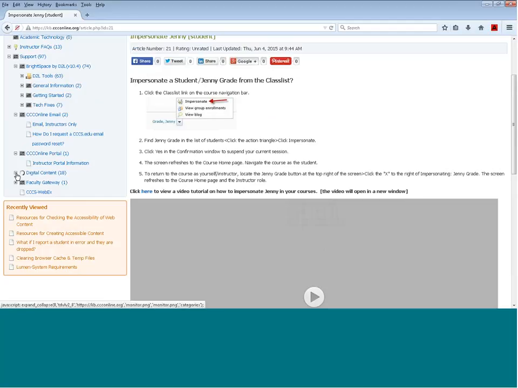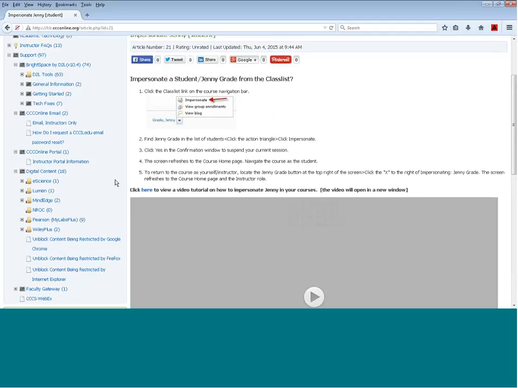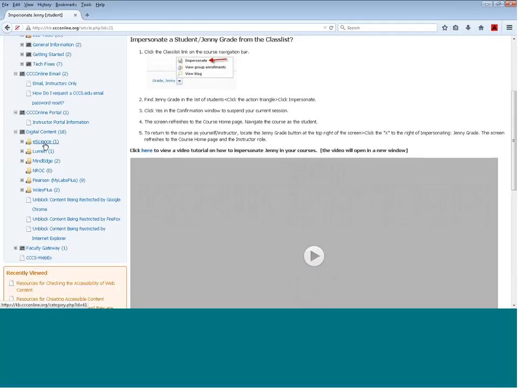One of the areas that I spend a lot of my time on recently is our digital content areas. If you didn't know about the KB, you wouldn't have known, but we've started a folder for each type of vendor that we have, and there's specific information in here to help support the issues around digital content links, student access, or what their browsers need to do.